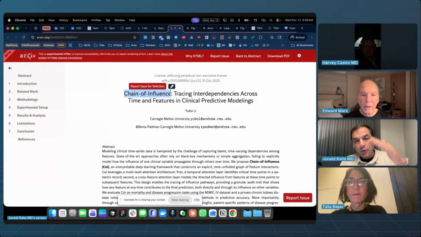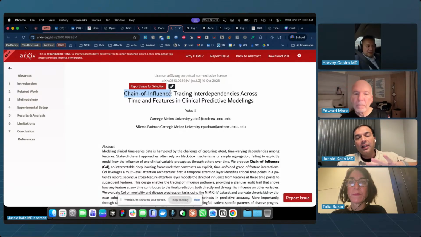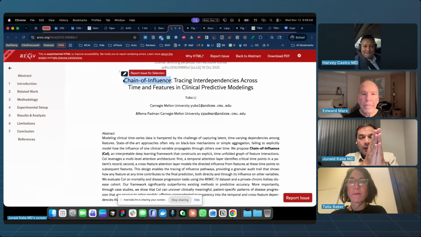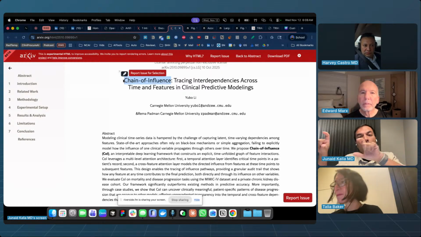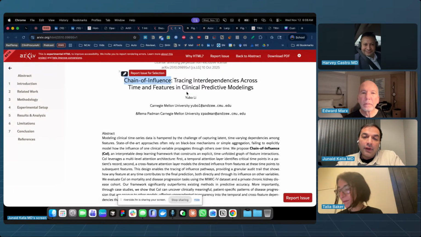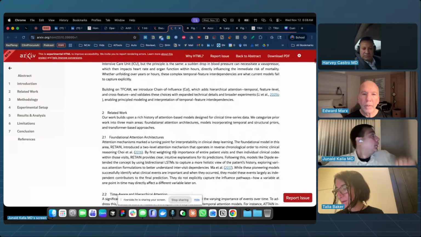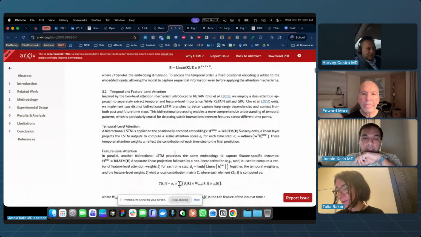Chain of thought, again, describes multiple steps, and the LLM gets multiple inputs and goes through the chain of thought. But it is also more important to understand chain of influence. So, for example, if you had a tumor, then you gave radiation or you gave chemo, what happens in the chain of influence? You need to let the LLM know what the chain of influence is within the journey of the patient. This is very important to understand for clinical predictive modeling, because once you understand this process of chain of influence, you should be able to add this into the system.